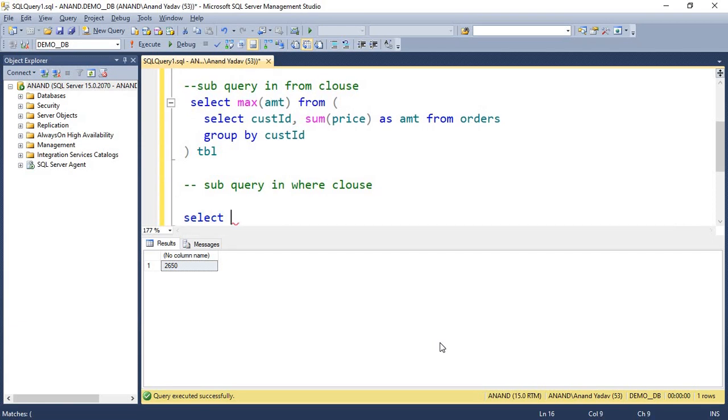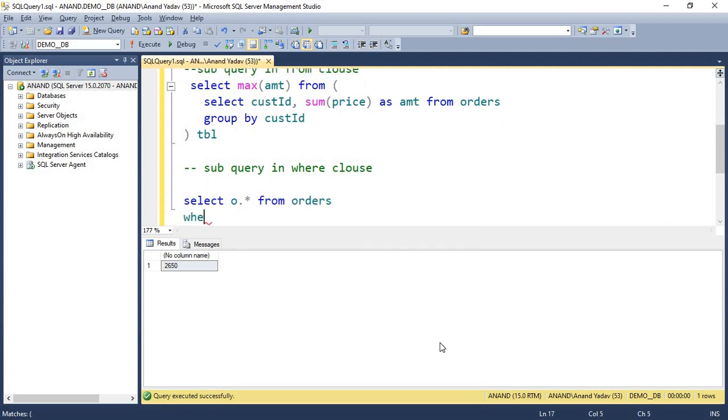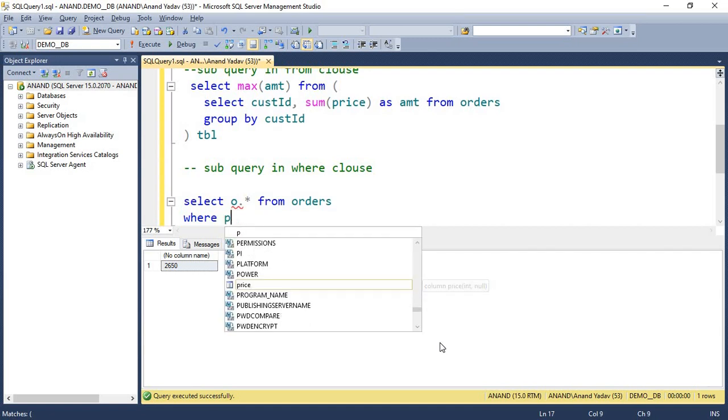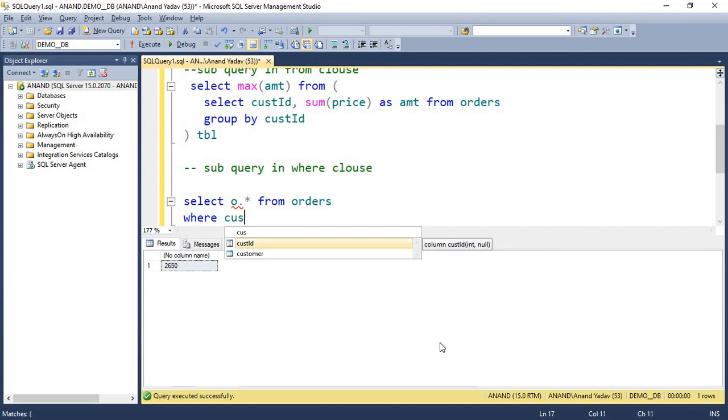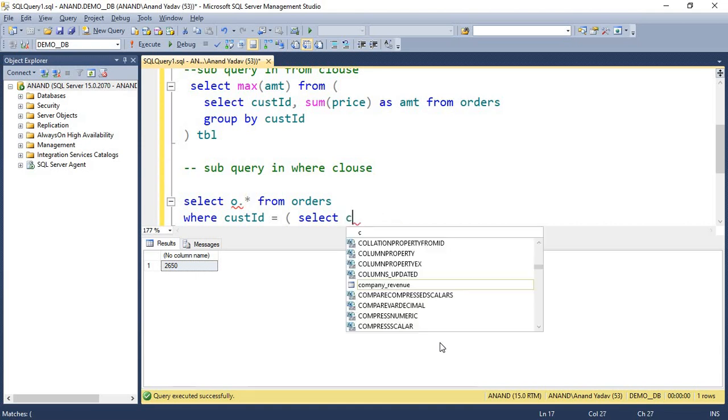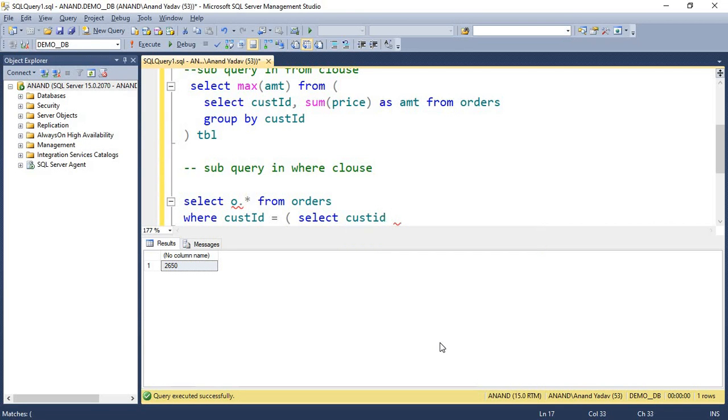So I just write here FROM orders. Now I wanted to know the customer ID, so here I will also provide the customer ID from the orders table.